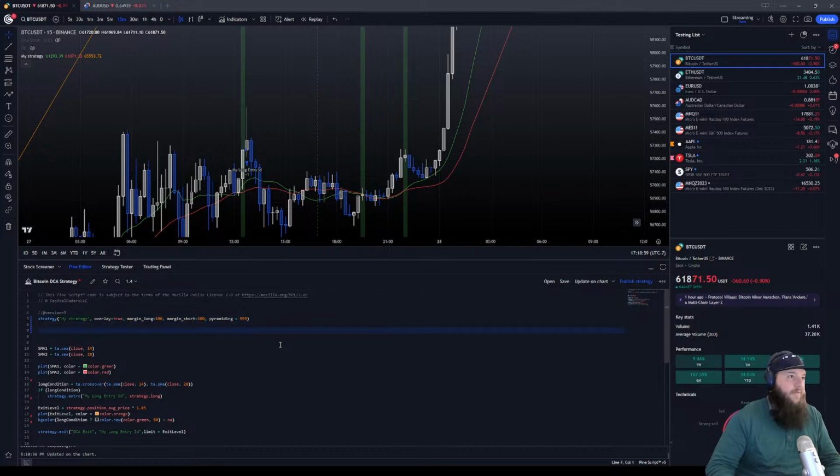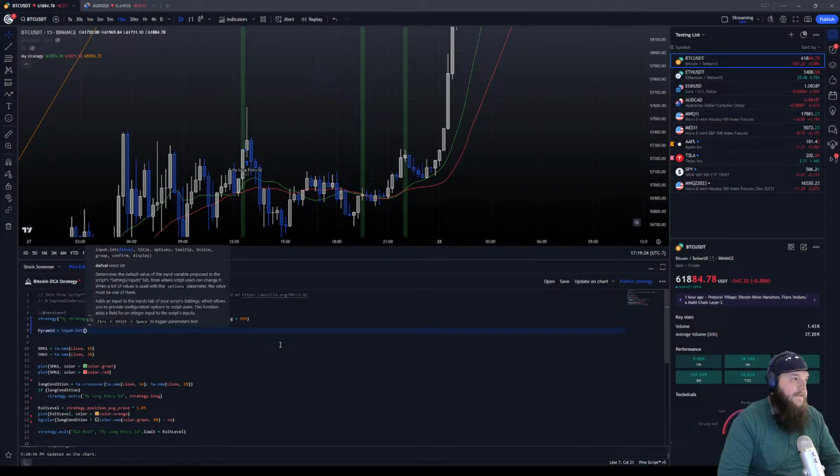Now, of course, I don't actually want to take 999 trades at one time. At least that would probably bankrupt me. What I want to do is have a custom input to say how many I can or can't have. So we're going to do pyramid equals input.int. This is an integer. We're going to set it to 5 for default value. Title is going to be